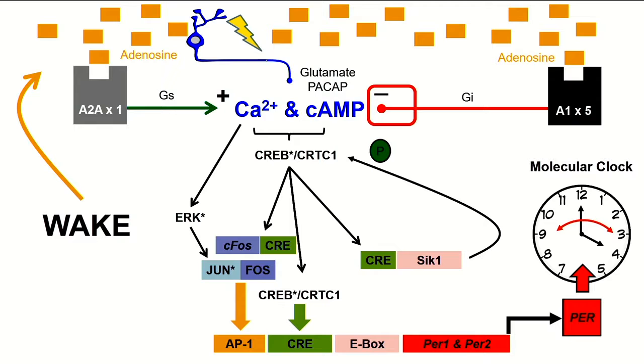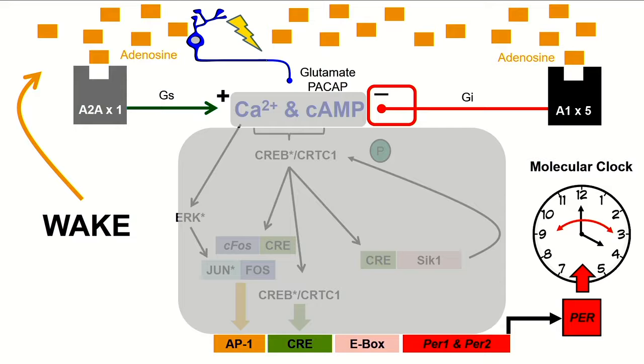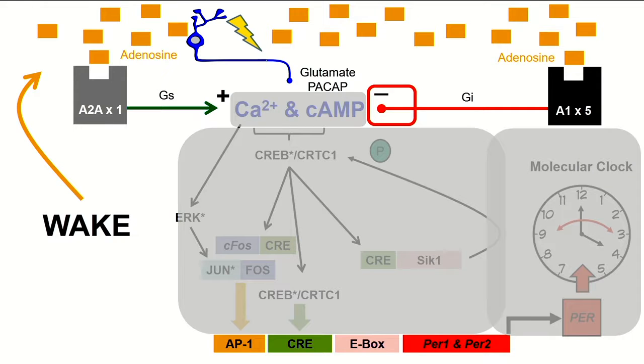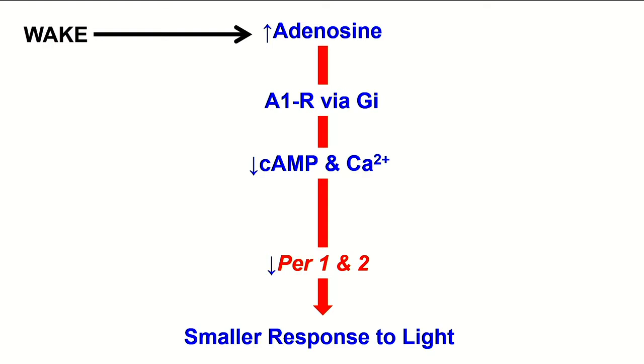But the net effect is that the adenosine will differentially activate the A1 pathway and diminish the levels of calcium and cyclic AMP. So you get lowered levels of calcium and cyclic AMP as a result of wake and high levels of adenosine, which then acts to effectively not turn off, but certainly inhibit that whole light-induced pathway. Okay, so what I'm saying is wake increases adenosine, the A1 receptor, you get reduced cyclic AMP and calcium, reduced PER1